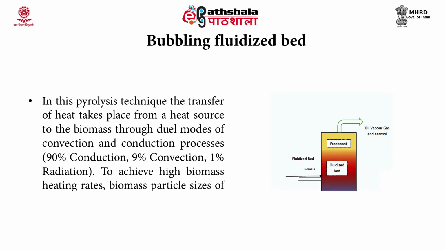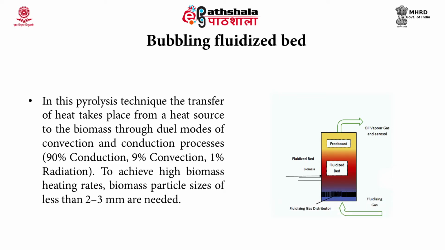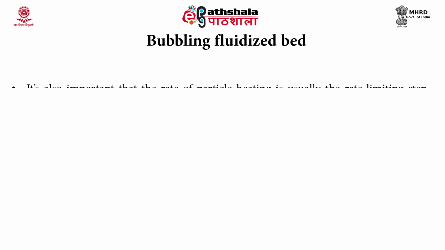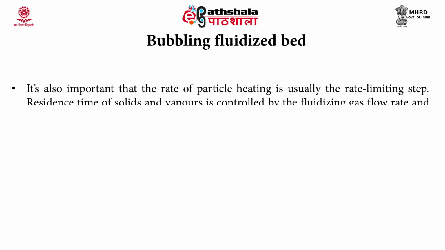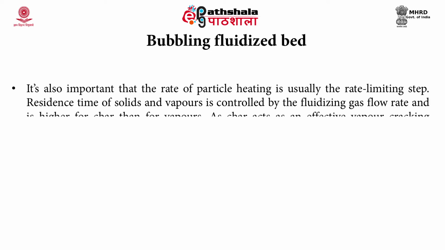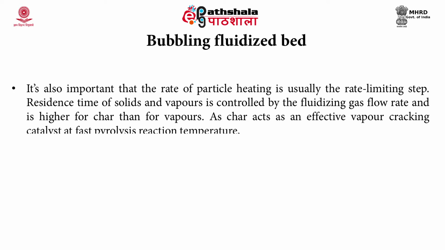To achieve high biomass heating rates, biomass particle sizes of less than 2 to 3 millimeters are needed in this process. It is also important that the rate of particle heating is usually the rate limiting step. Residence time of solids and vapor is controlled by the fluidizing gas flow rate and is higher for char than for the vapor. As char acts as an effective vapor cracking catalyst at fast pyrolysis reaction temperature, rapid and effective char